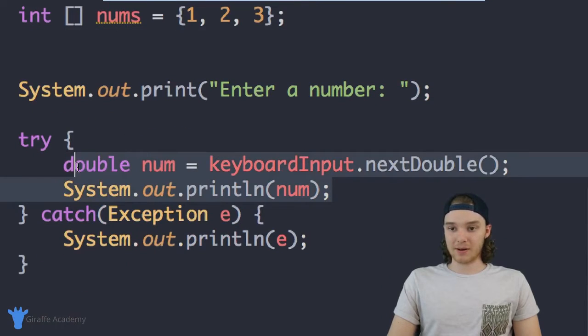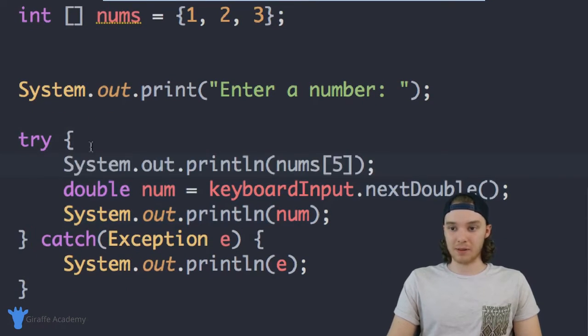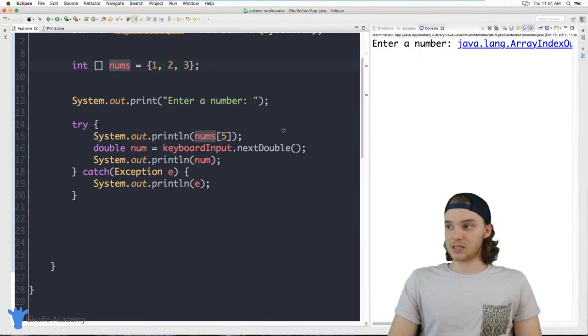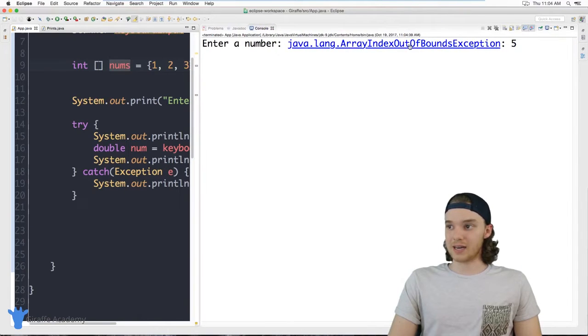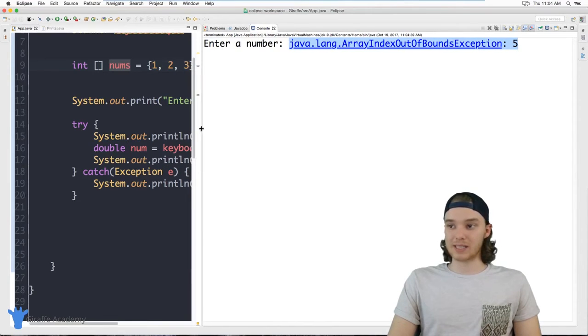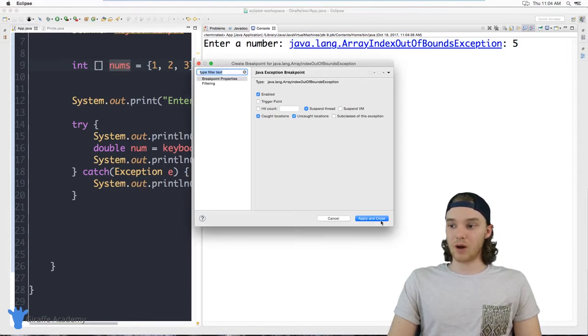If I was to put this down here inside of this try block, this is also going to get caught by this exception. So we're also just going to print out E. Now when I run my program, instead of breaking, it's just going to say java.lang.IndexOutOfBoundsException 5. So the program didn't explode, it didn't terminate,